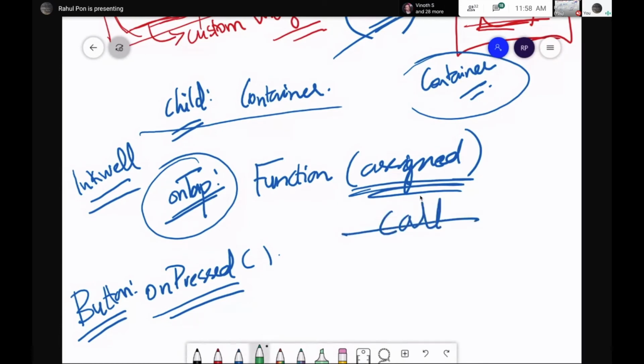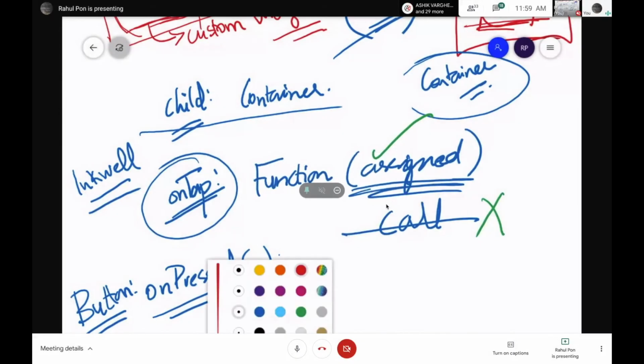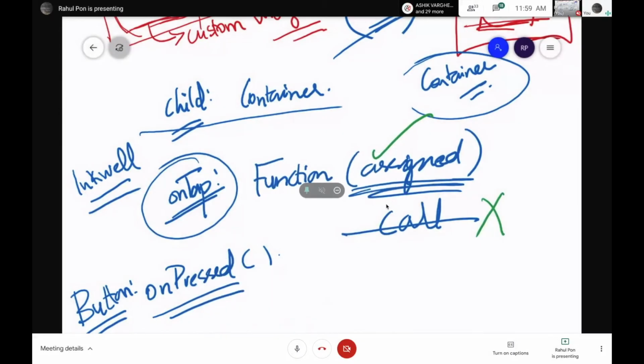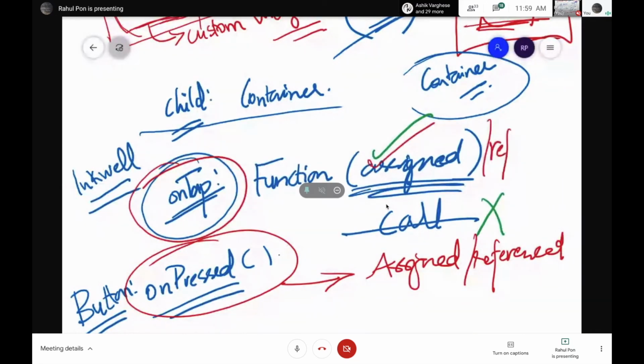You can only assign a function to onTap, just like we did with onPressed. We referenced a function. Similarly for onTap, you can only assign or reference a function. Assign or reference are the same here. You get the difference between assigning and making a function call? Or do you want me to explain it again?